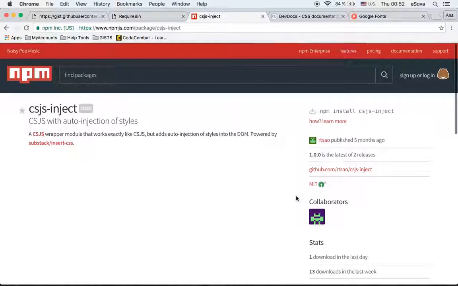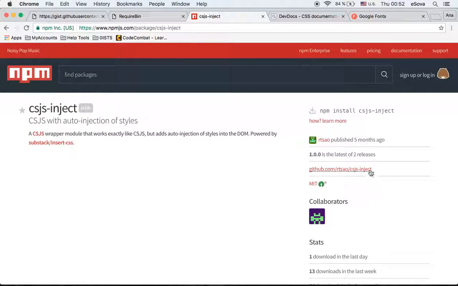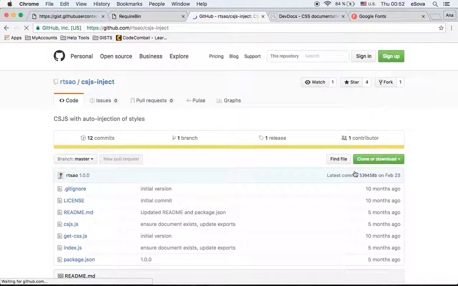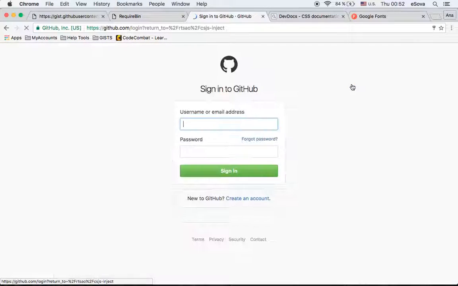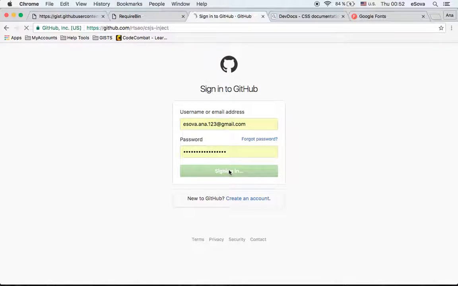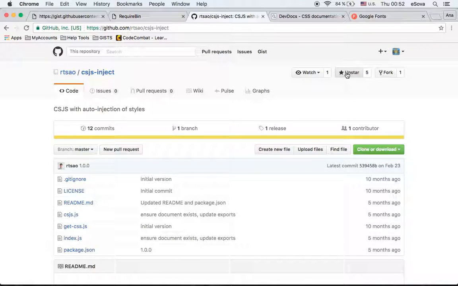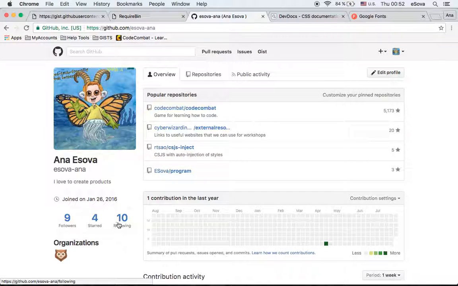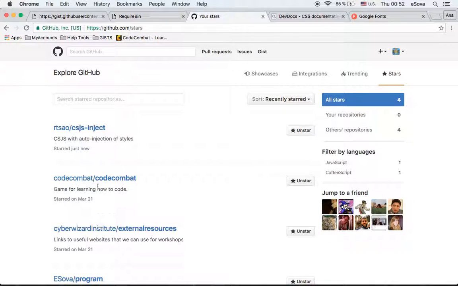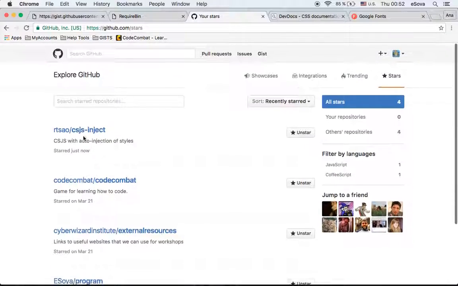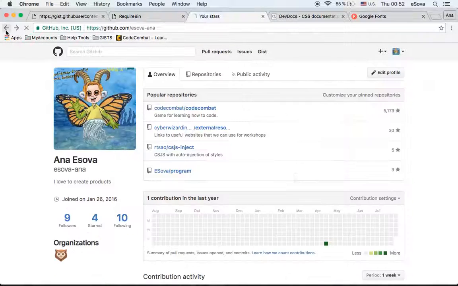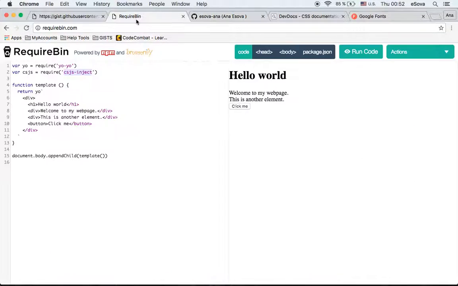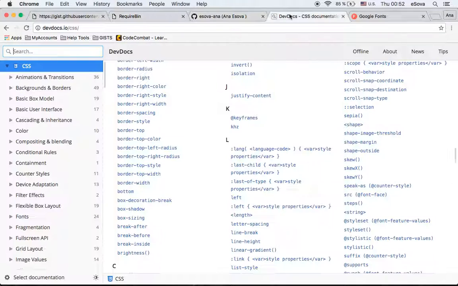Okay, so in order to maybe save these modules, you can visit web pages, GitHub pages of these modules, and simply star them. So when you star, you can go to your profile and you can see what are the starred projects so that you don't forget important modules. Okay,